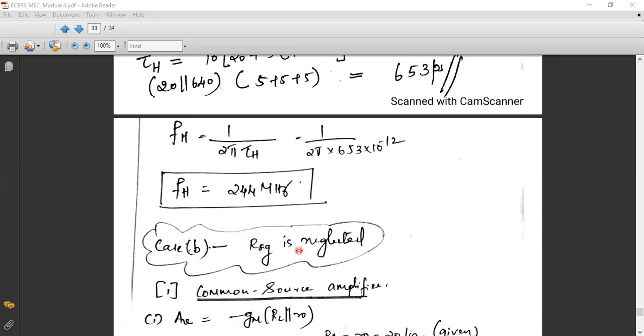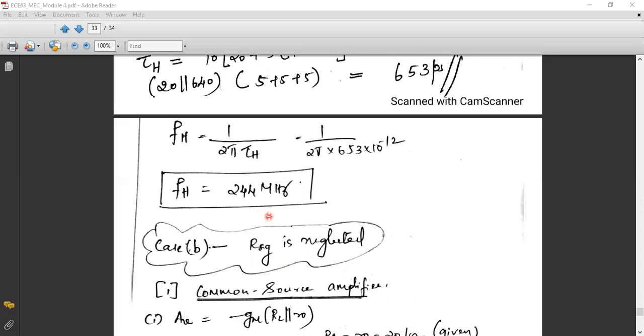If I need to neglect this RSIC, or whether I need to fix a high value of RSIC in order to achieve the property. What is the property? The gain bandwidth product is to be maintained as a constant for an amplifier. That is, if you are increasing the gain, the bandwidth will decrease, but that will happen only for a particular case. Anyway, this has not happened for case A, that is when RSIC is a finite value.